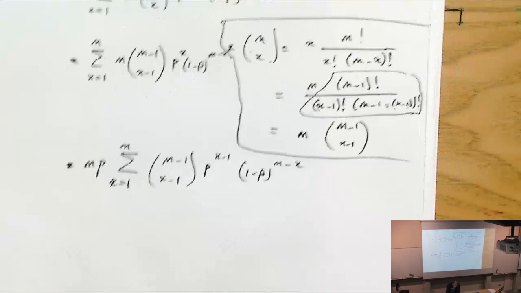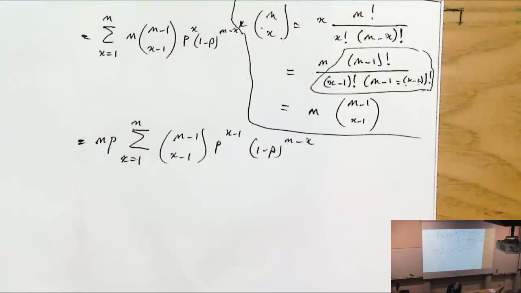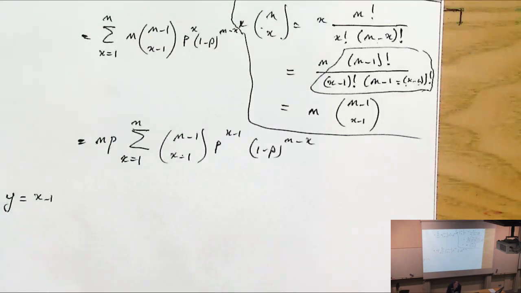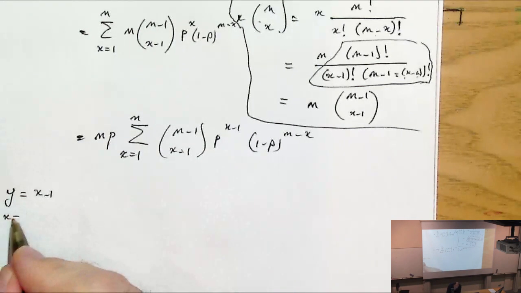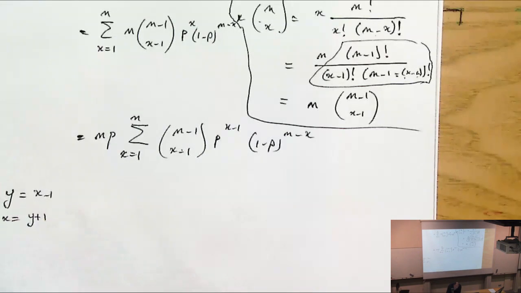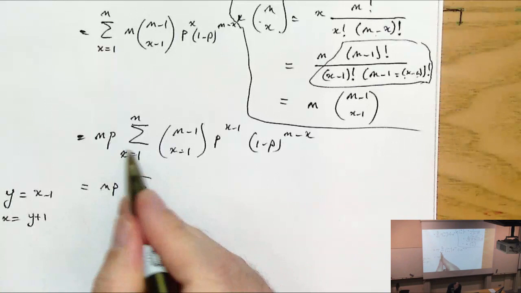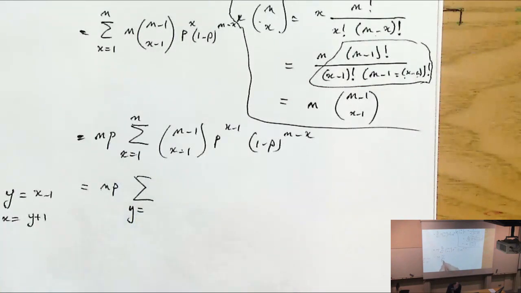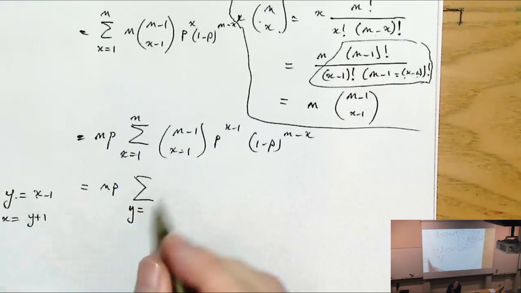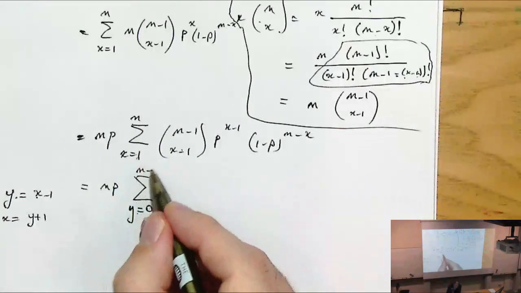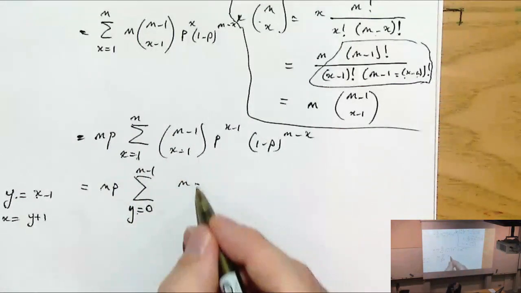And then what we can do is a change of variable. What I can call y is x minus 1, so x is equal to y plus 1. If I do that, I get np. Now I don't have x there, I have y. Y goes from what? From 0, when x is equal to 1, y is equal to 0, to n minus 1. So I have n minus 1 here,